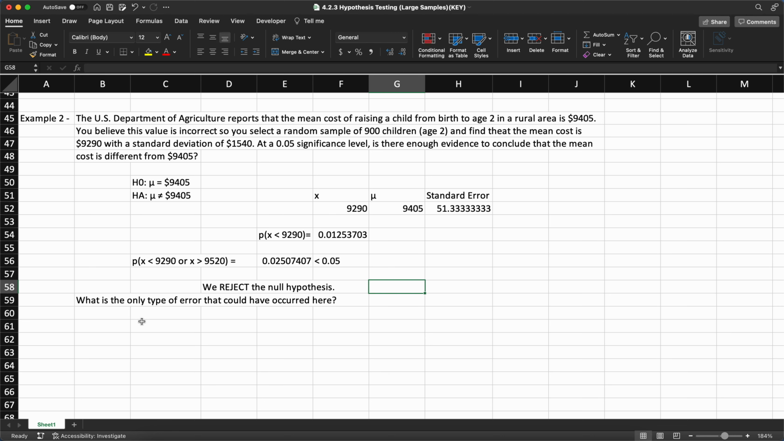So if we're rejecting the null hypothesis, there's only one type of error I can have here, and that is type 1. So what could happen is we're saying that the mean is not 9,405 when in fact it is. And in the context of this problem, I don't think that is detrimental to anybody. But we're rejecting the null hypothesis, which means